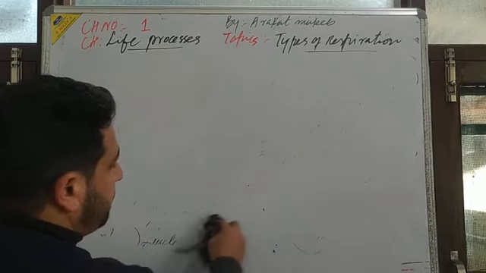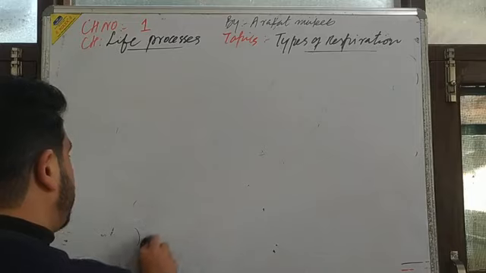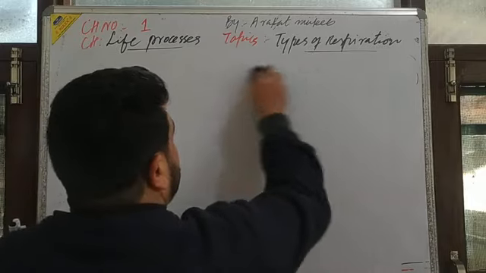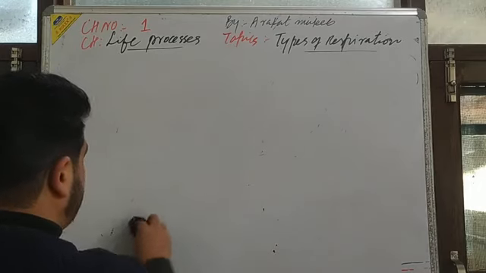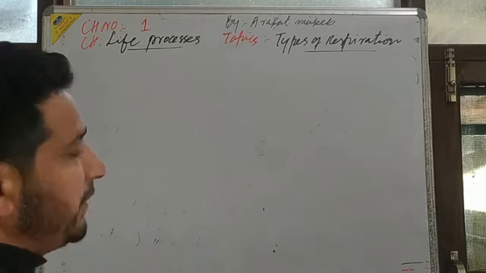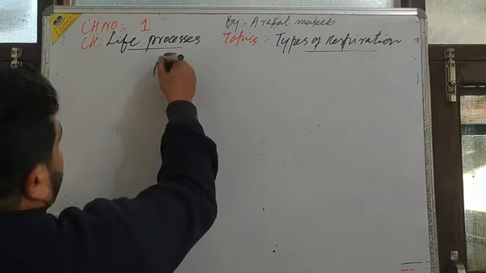As animals respire continuously throughout their life, day and night, but plants take respiration only during the night. Evening time pe respiration takes place. Then here is the concept of the respiration